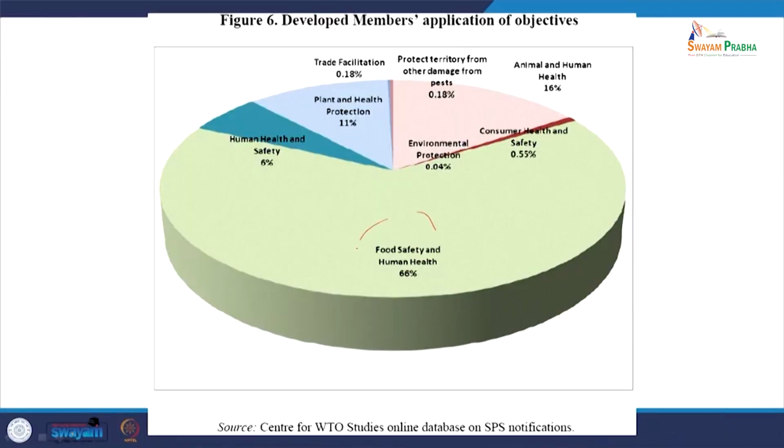Now, that could be explained here. Food safety is 66%, the larger segment, followed by 11% plant health protection, human health of 6%, followed by animal and human health of 16%. Then plant and health protection of 11%, as per the calculation made by the Center for WTO Studies